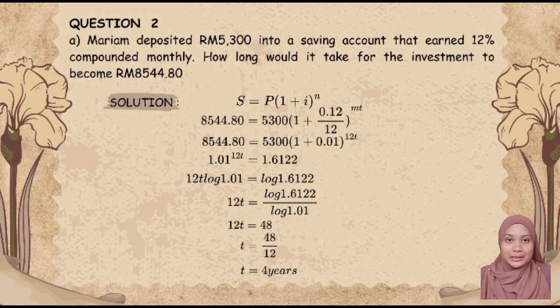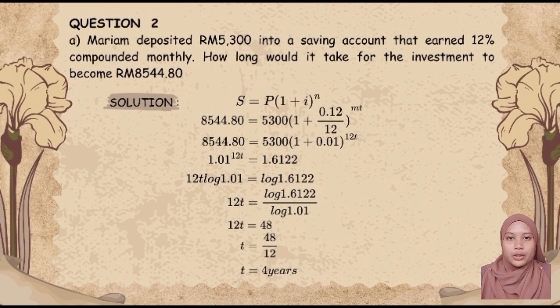So we just fill the information in the question into the formula, where n equals m times t, t is the time of investment and m is the frequency of conversion. Firstly, 8,544.80 divided by 5,300 and we get